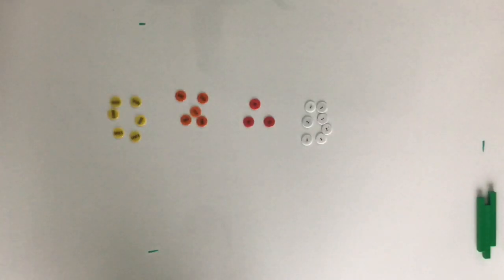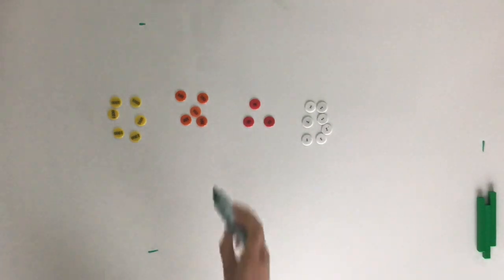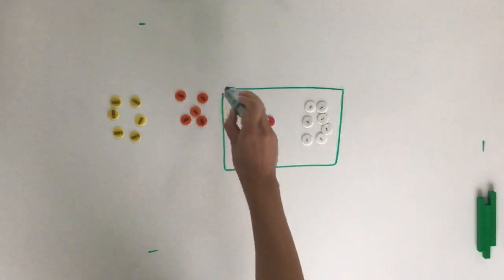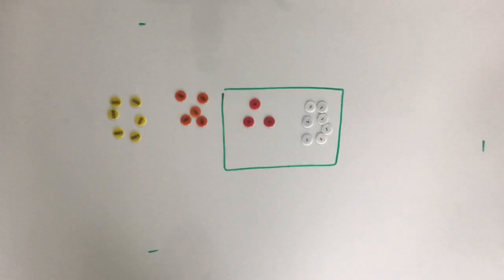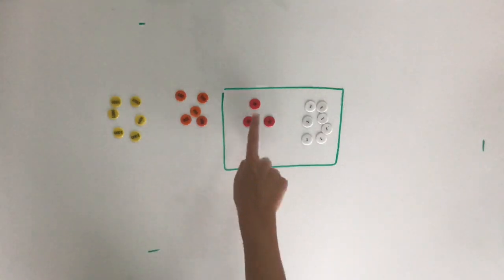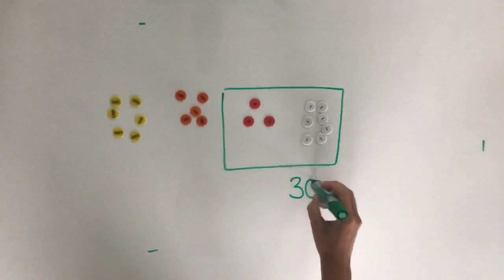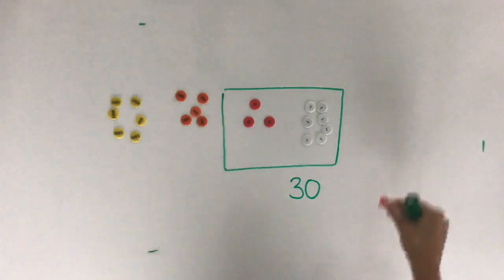We have 6,537. Remember, because we're rounding to the nearest 10, we only focus on our tens and our ones. When we round to the nearest 10, it's important for us to know how many tens are in the number and what group of 10 will come next. Here we have 3 tens for a value of 30. If we add on another 10,